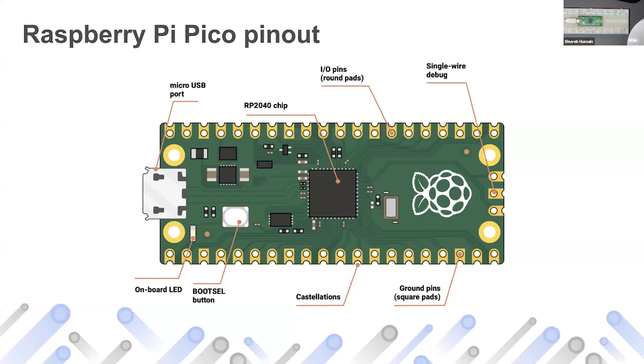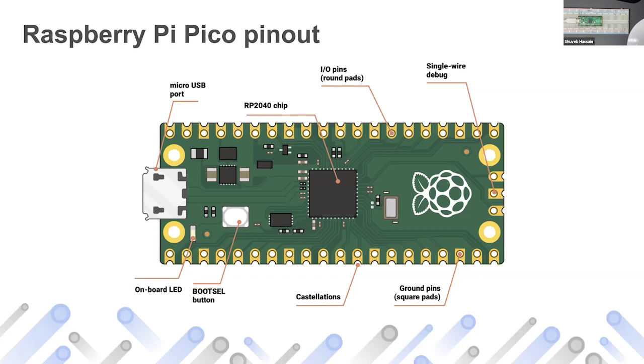And you have a micro USB port, which you use to connect it to your computer. Then you are able to program the chip. You are also able to communicate with the computer. For example, if a print statement in your program runs on the chip, you can read it off the USB connection.